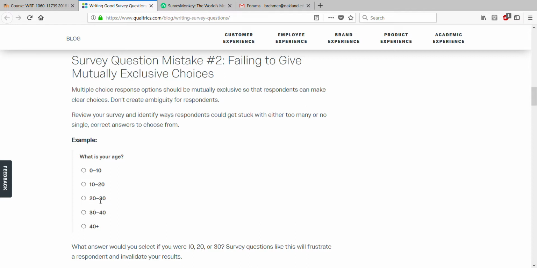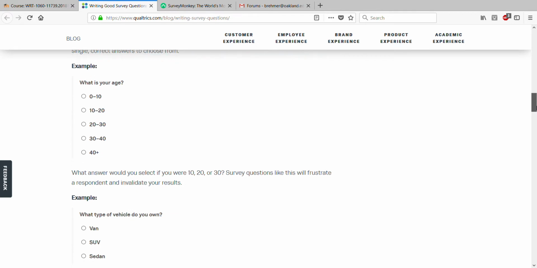So for you guys, a lot of you might have 20-year-olds taking your survey, and it might have a pretty big impact on the results that you have. But if half of your 20-year-olds answered 10 to 20 and the other half answered 20 to 30, how do you know how many 20-year-olds took your survey? And then how much of that influences the rest of your answers? So that can get really tricky. So you have to be really careful both about the demographic questions that you ask and, of course, about the answers that you provide for your survey takers. So be careful there too.